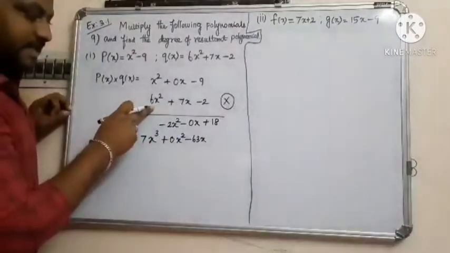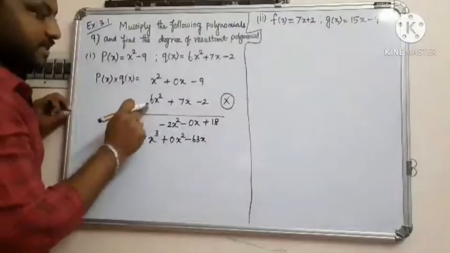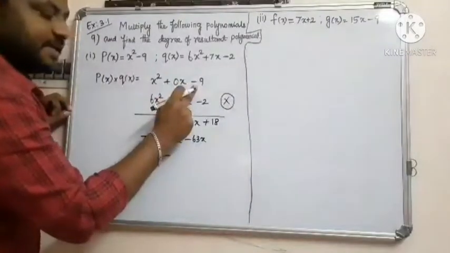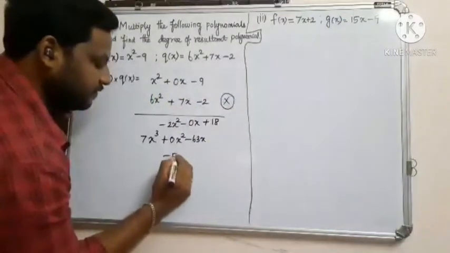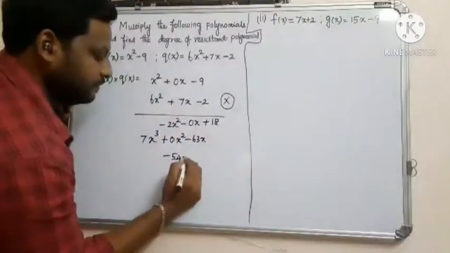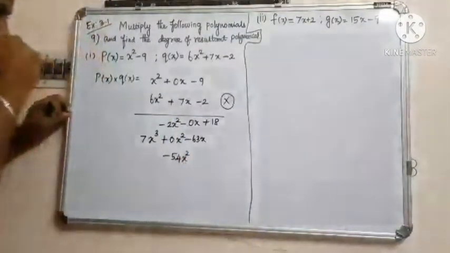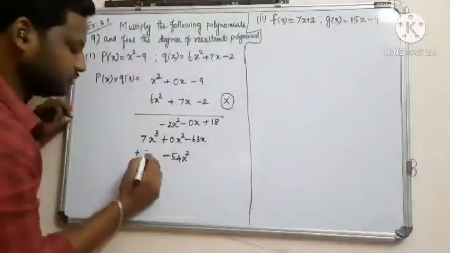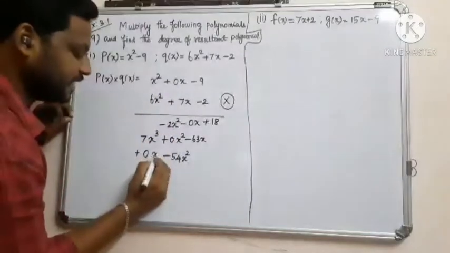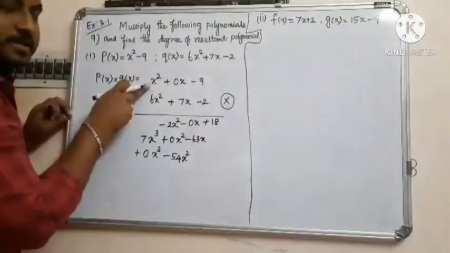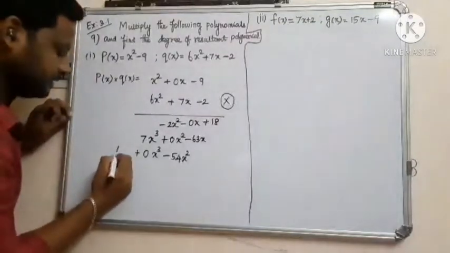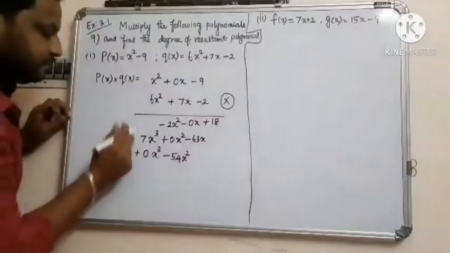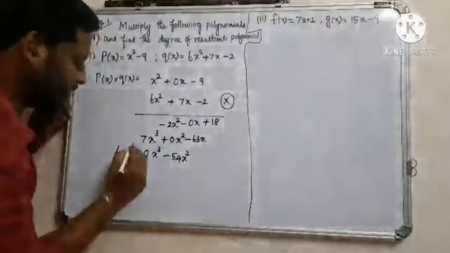And then the last term, the third term, you have to write in the third row only. So plus into minus minus, 6 into 9, 9 6s are 54 x square. And then plus into plus plus, 6 into 0 is 0, x square into x is x cube. And then the last term, 6 into 1 is 6. Both terms are positive, so plus and plus is plus only. So 6 into 1 is 6, x square into x square is x power 4.